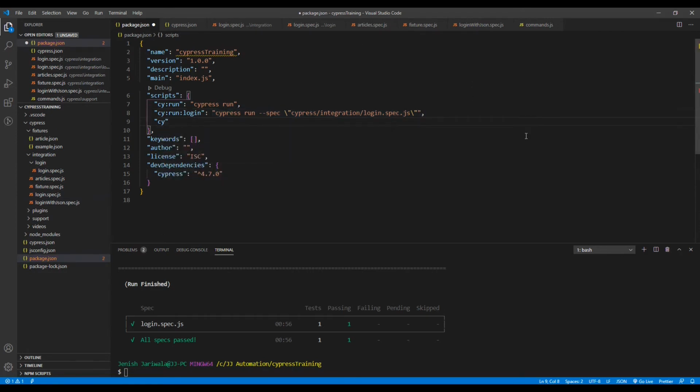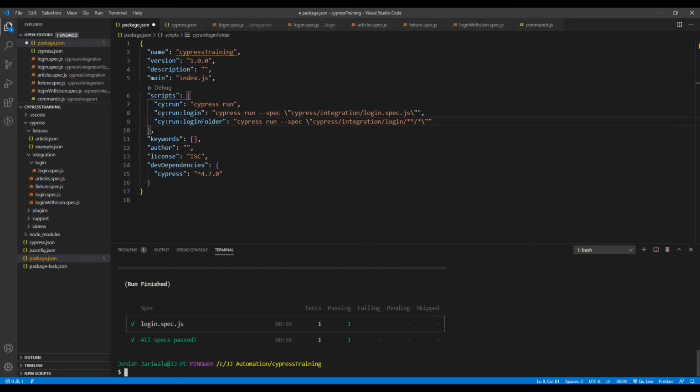We can write a command cypress run spec, and over here we need to specify the login folder, login and then the glob matching pattern. This indicates that it will execute all the spec files that are under the login folder.